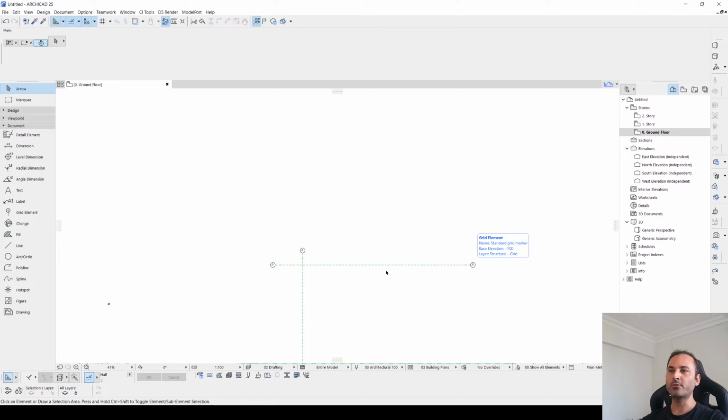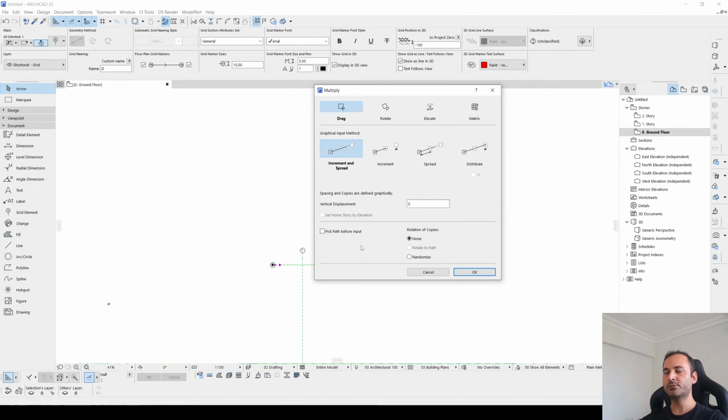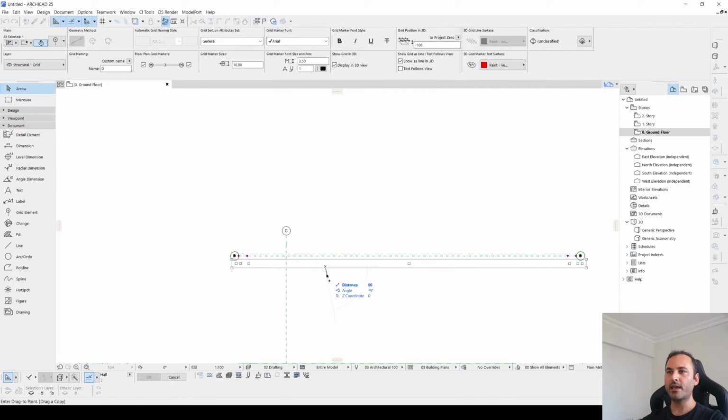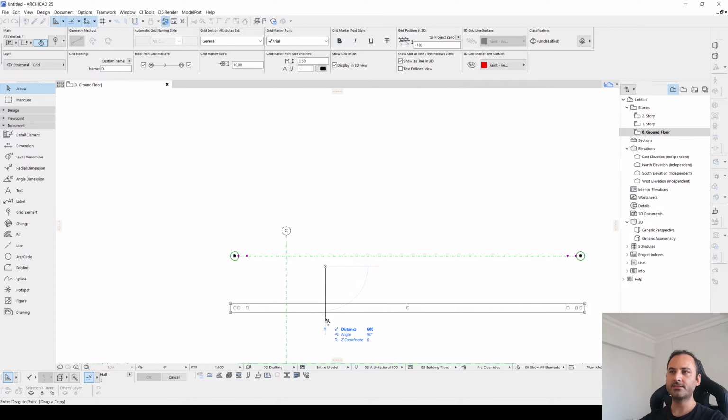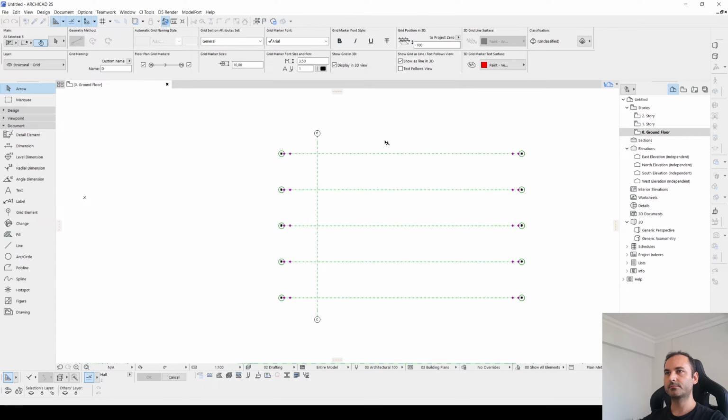Now we are going to offset our grids. Select once, hit Ctrl plus U, and you can select increment and spread. Let's click OK, and let's input here maybe 6 meters. And also for this column.